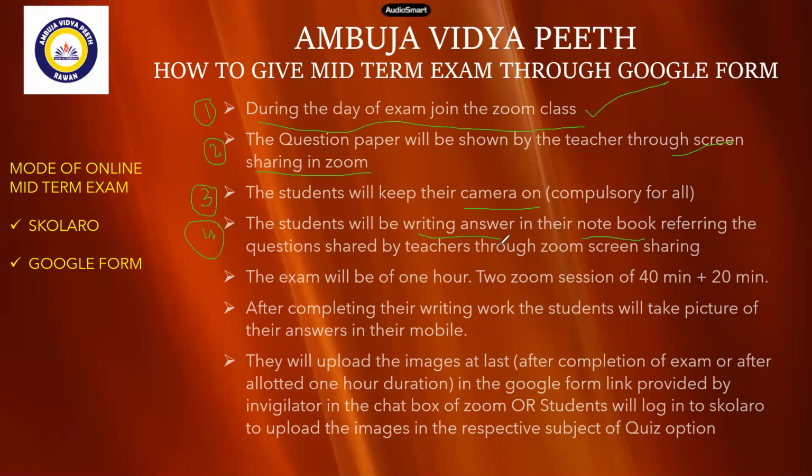All right. Another thing, the total exam duration is 1 hour, 30 marks question paper. But we know that our Zoom only works for 40 minutes. So we will be having it in two continuous sessions of 40 minutes and 20 minutes. When the teacher shows the paper, the screen will be visible, and after 40 minutes it will turn off. No need to worry about it. You will rejoin again, and again the teacher will share the screen, and for another 20 minutes it will be visible to you. So your writing time is a total of 60 minutes.